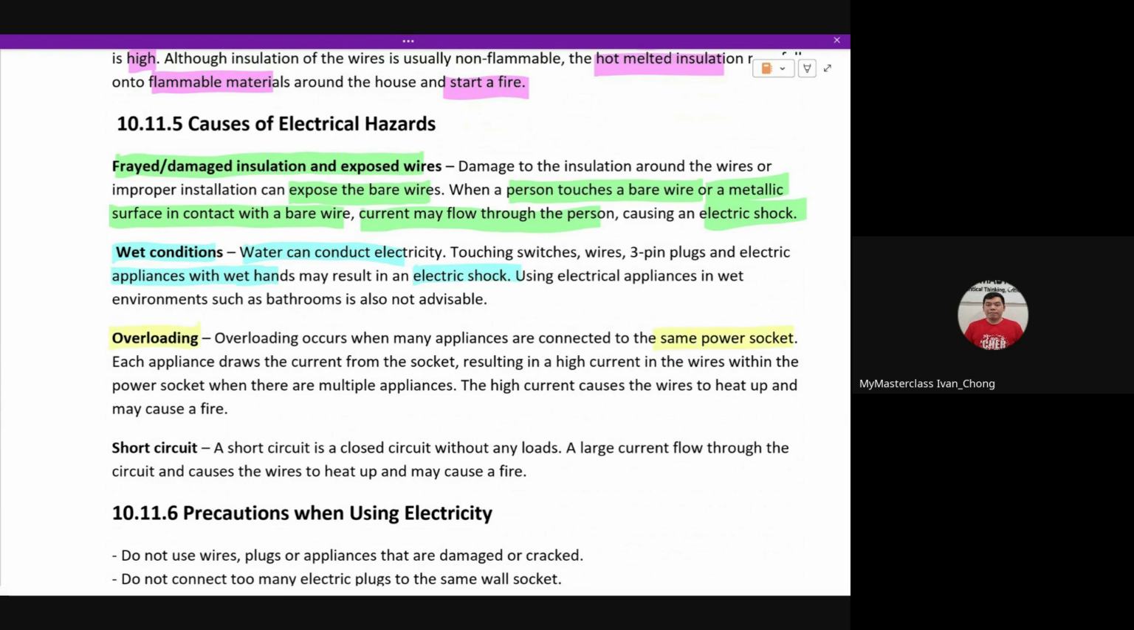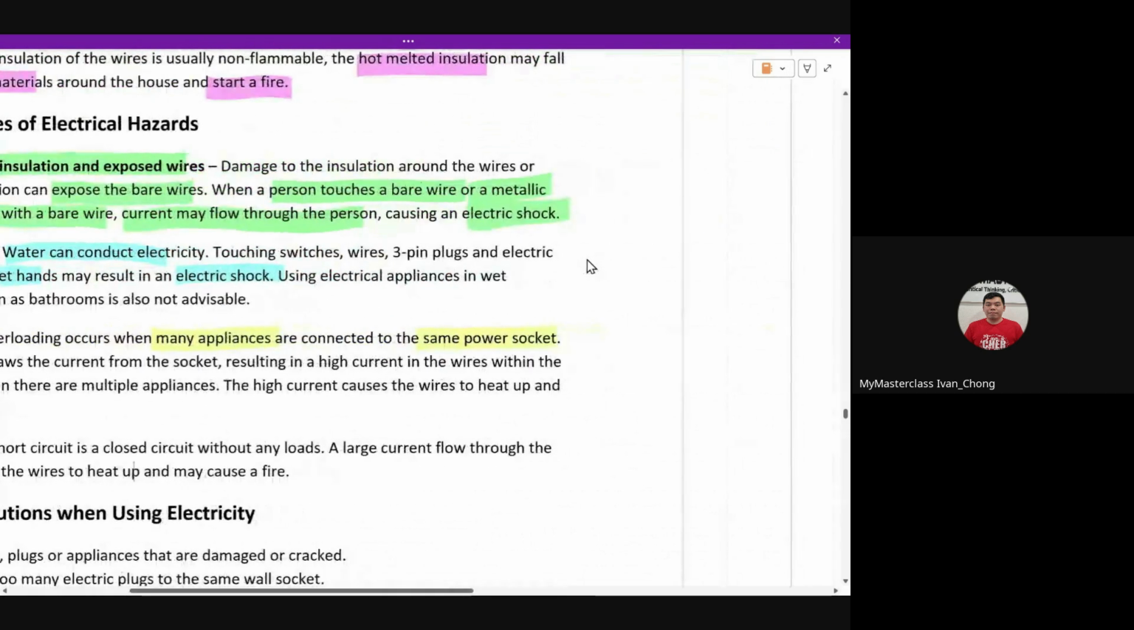Number two, overloading itself. Basically, if you use the same power socket with many, many appliances, typically how we do this is we use a multi-plug. Multi-plugs help us connect more devices to the same socket, right? But don't forget, multi-plugs are parallel. So they create a parallel circuit, and in parallel, what happens? Your total current is I1 plus I2 plus so on and so forth, which means if you have many, many devices,